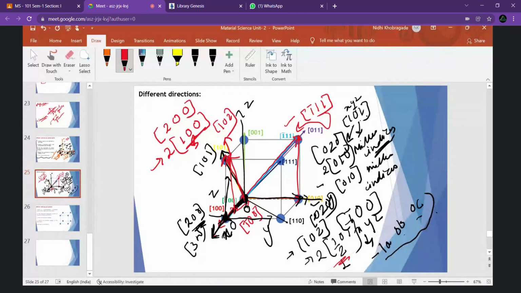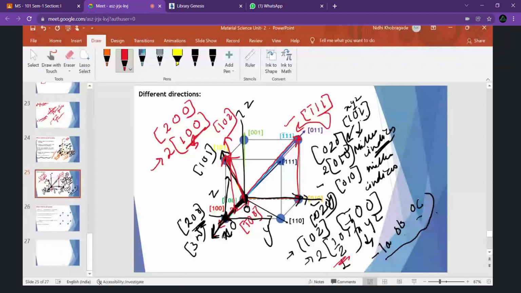Okay. So we have to keep in mind the exact position of the origin. So the origin should lie on the particular coordinate system, either x, y, and z system with the respective directions. And by the given direction, we can measure and specify our Miller indices, or if the Miller indices is given, we can specify our particular direction in any crystal structure. Okay, so these are some of the examples of different directions.